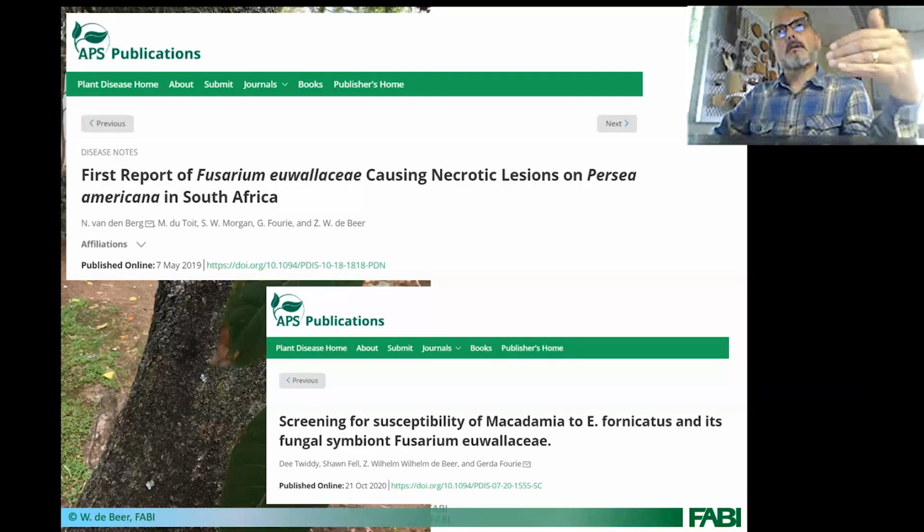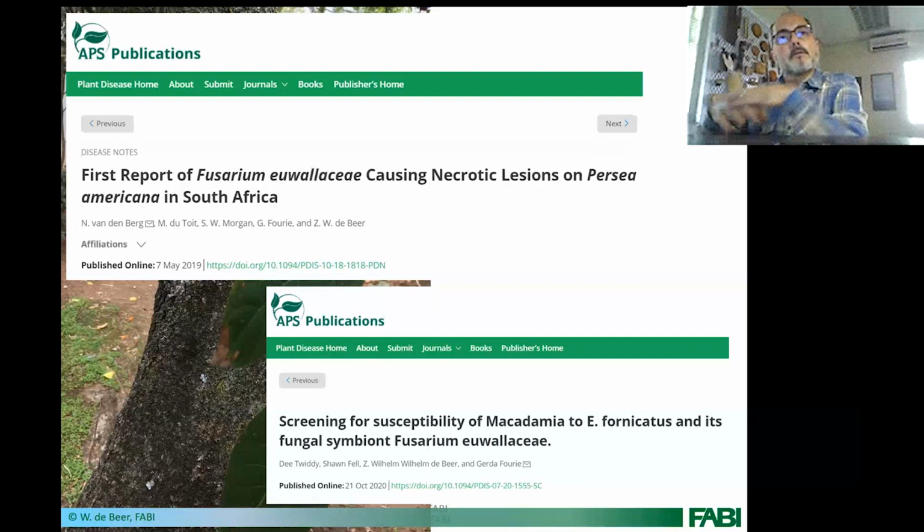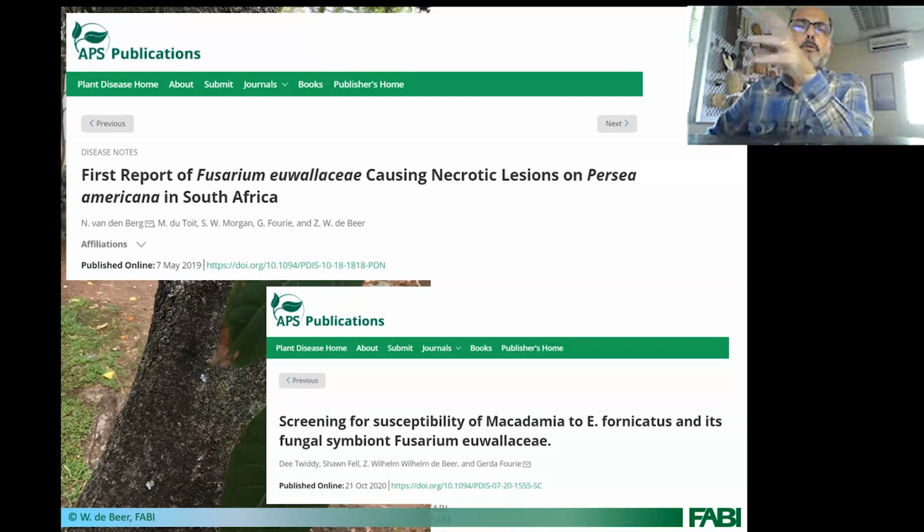And the more beetles there are, the more they tend to go for all kinds of other hosts. They usually go for their preferred host first, the plane trees, the oaks, the maples. But if there's too many beetles, then they start going for all the other hosts in the environment. We have also found it on avocado and macadamia in South Africa, but again, they're not in orchards and not causing big problems. We're also working, Francois Roots at Stellenbosch, with the fruit industries down there and also the grape industry